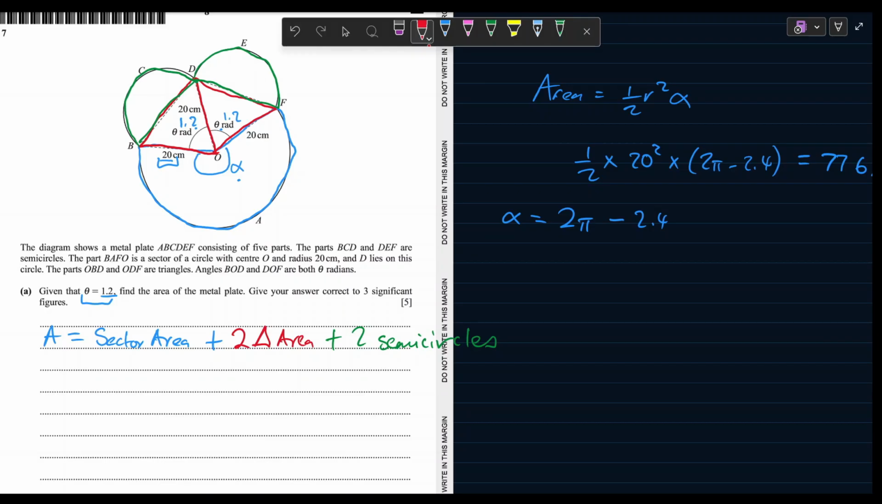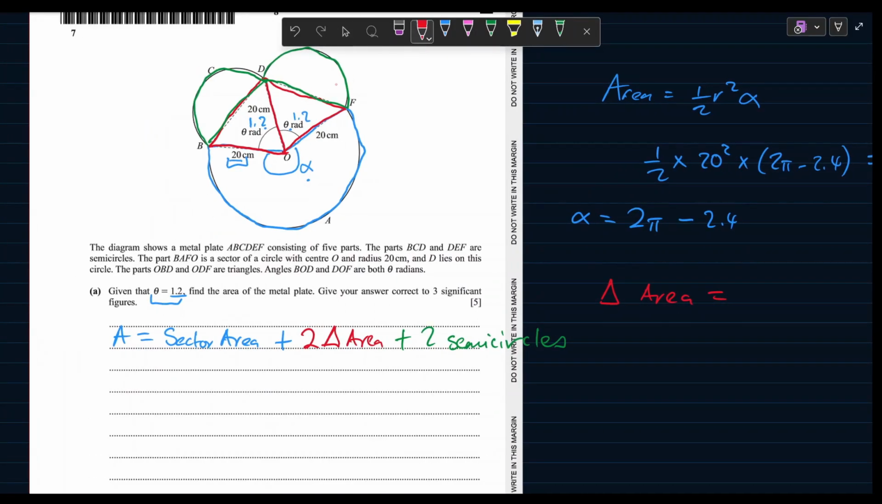If we get the area of one of our triangles, then we can just multiply it by 2. So we want the triangle area. And here, if I just extract one of the triangles, what we're looking at is something like this. And we've got an angle of 1.2 here. And we know that either side here is 20 centimeters. So we can use the formula half AB sine C to find the area, because we've got the angle between